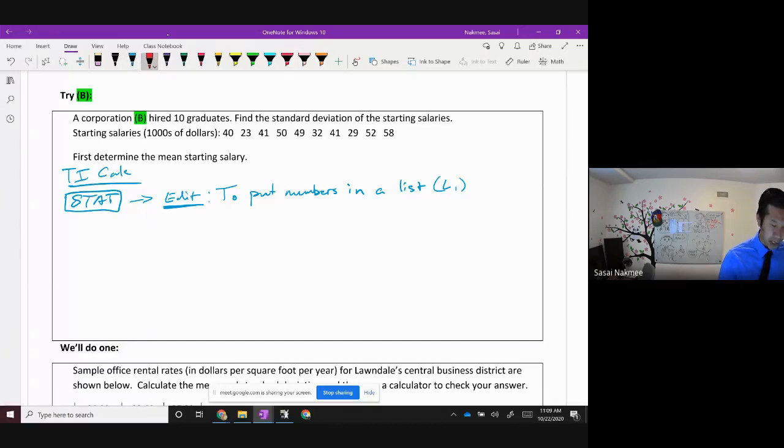Now, if L1 already has numbers, I'm going to put this as an asterisk. And that's not an asterisk, that's a star. That's a terrible asterisk. I'm just going to draw a star. I can't draw an asterisk, apparently. Ah, there you go. There's my asterisk. So if there are already numbers there,